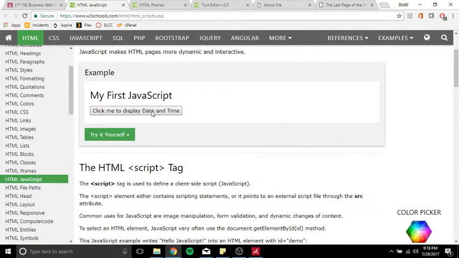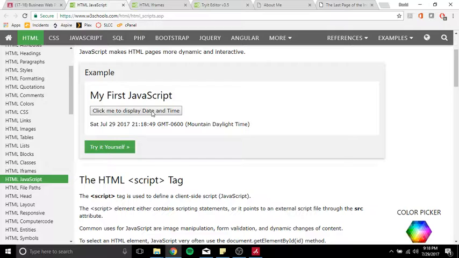It can do things like this. Create a button that allows you to see the date and time. So Saturday, July 29th, 2017 at 21:18